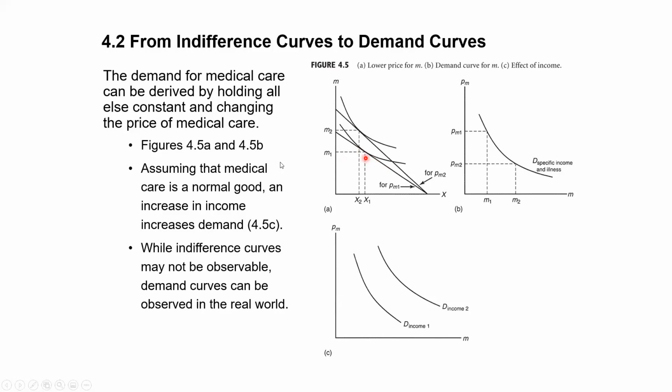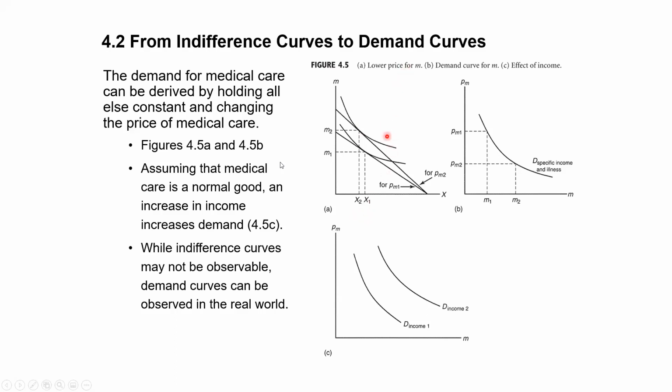What you notice is that when the price for medical services increases, the curve shifts to this point. So this is the consumption of M sub 2 and X sub 2. Your price for medical services will increase. Therefore, the consumption of medical goods will